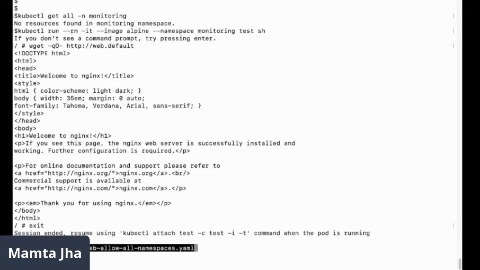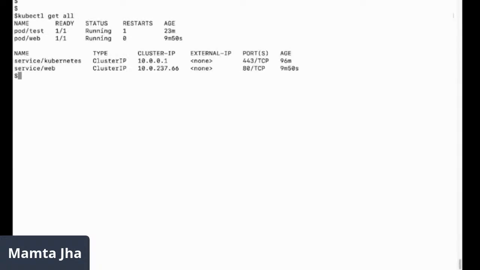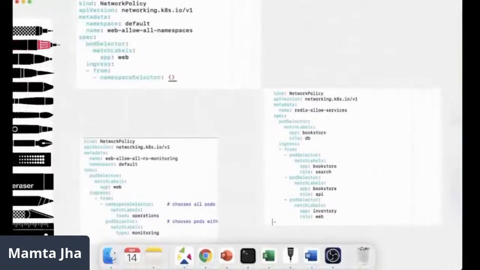It's allowing. So the last policy denied accepting packets from other namespaces. With this policy, we are able to apply and accept packets from other namespaces. So this is how the namespace selector works. Cleaning up the stuff. Let me see what is residing. Okay, let this web pod be there. Maybe I'll use it in some other example.